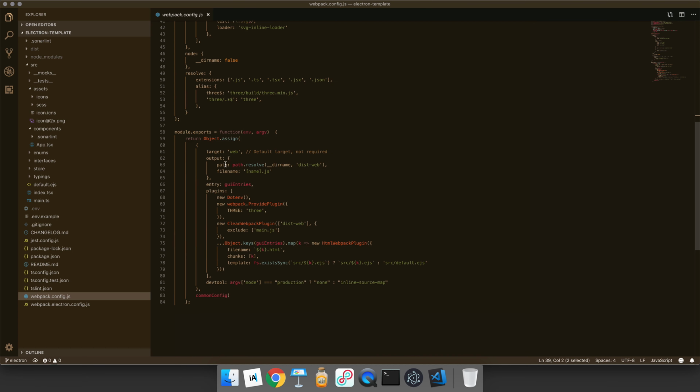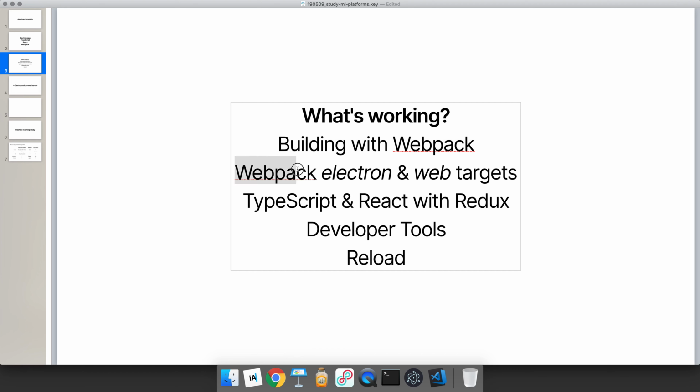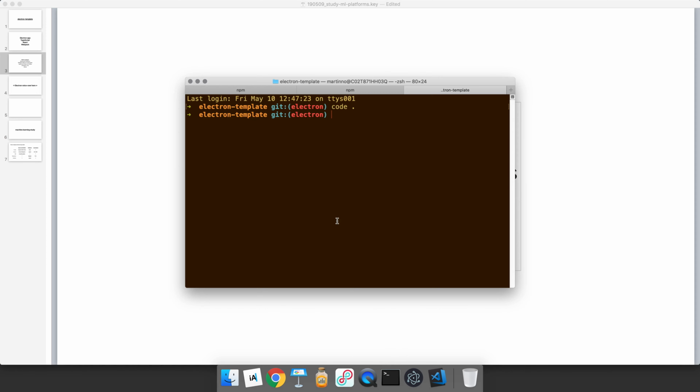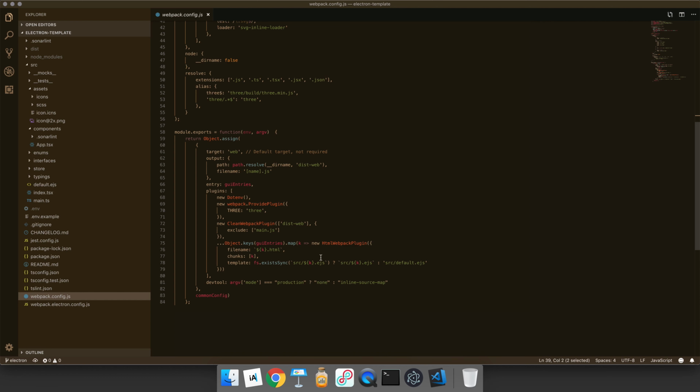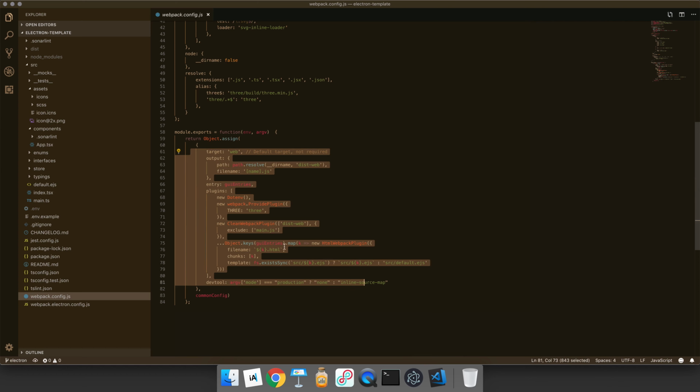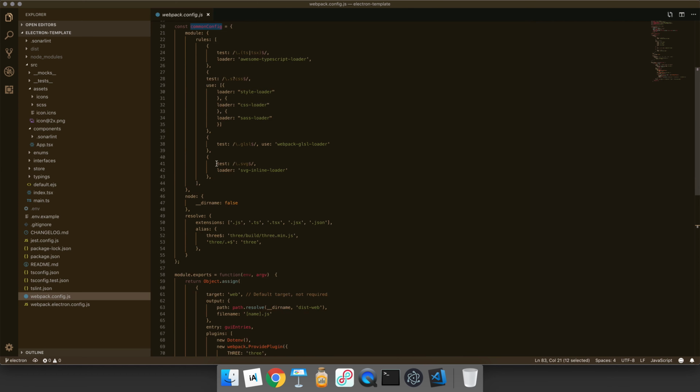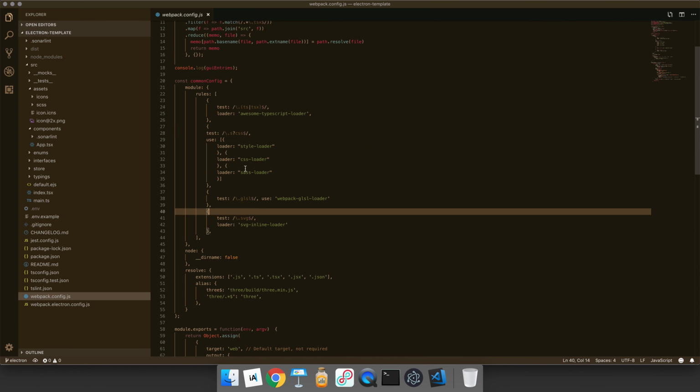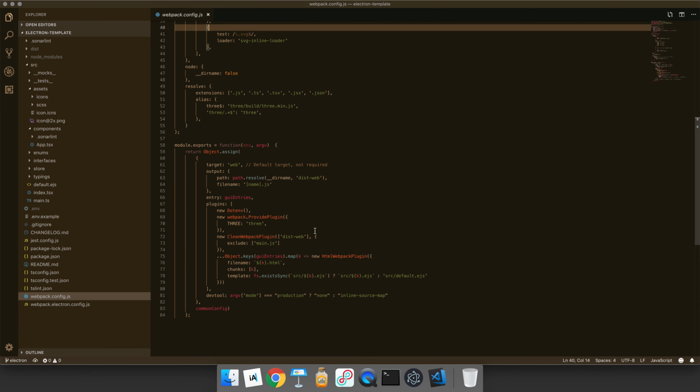And then what's important to note, one thing that I wanted to mention is that Webpack works with targets, right? It will build your application differently if you build for Electron or just for plain Node.js, or if you build for the web. The easiest example is that if we have a target web, this config plus the common config that is up here is what will be built for running on the browser